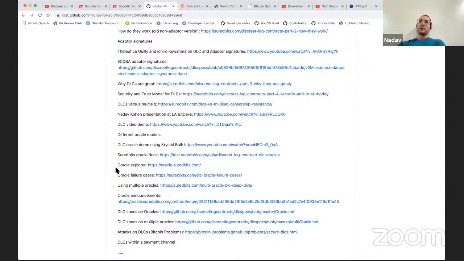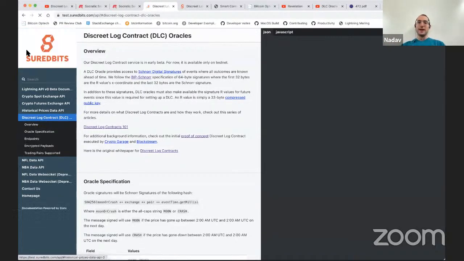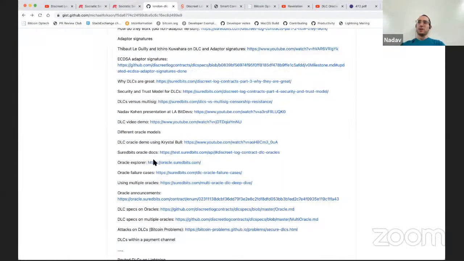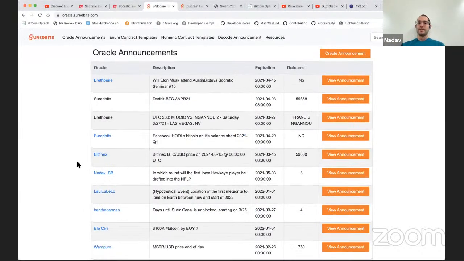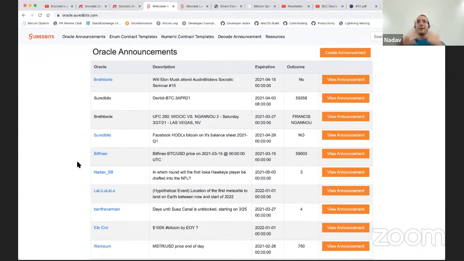And so this is actually one of the biggest motivations for writing a specification, like we've been doing, rather than just using this technology. The first month, we built out fully functioning DLCs, and since then it's been, okay, but everyone has to be doing the same thing and working together, so that this is nice and standardized. So I think, in the future, this won't be a problem, because we'll have standards that everyone can follow for announcing what messages they might sign, and then signing exactly those messages. And signing a slightly different message is considered fraud in this world where we have these standards, in the same way that lying is considered fraud.